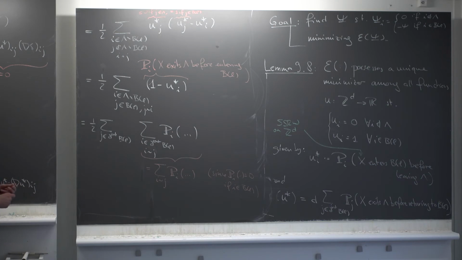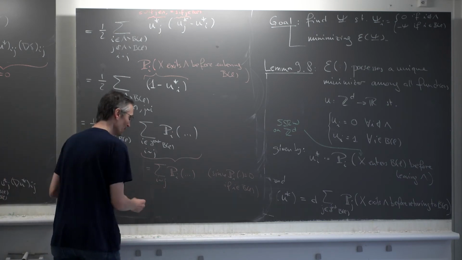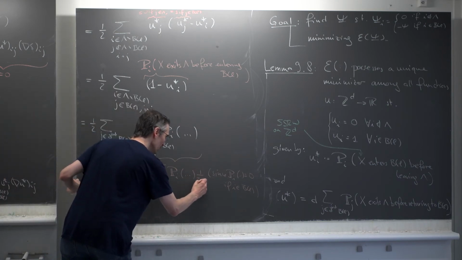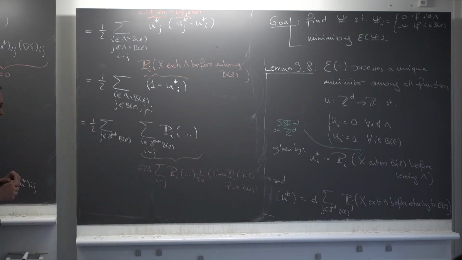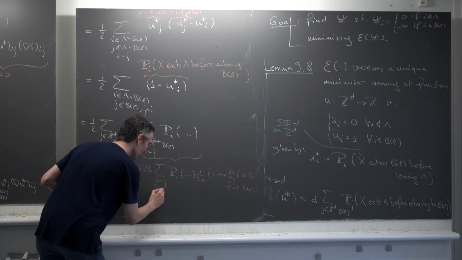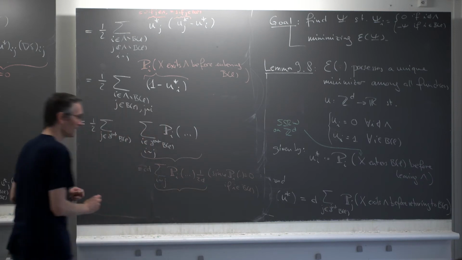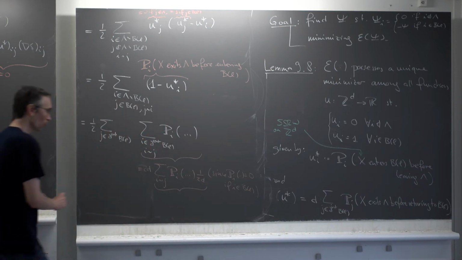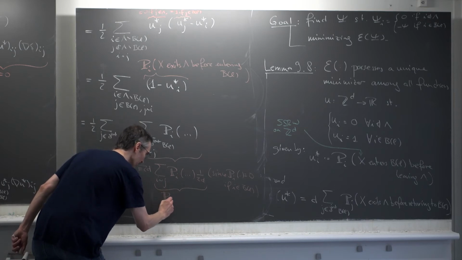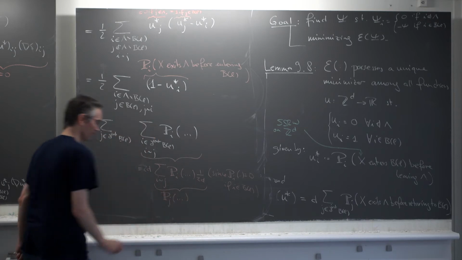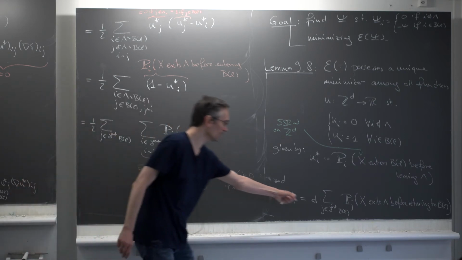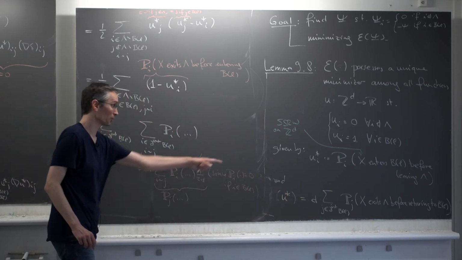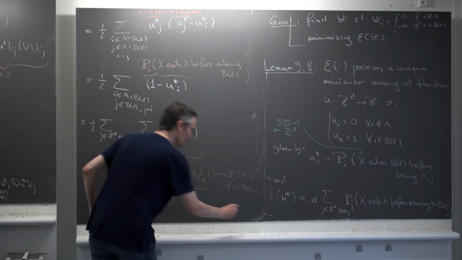Okay. So you can do that. But once you do that, you can also add 1 over 2D, and 2D don't do anything. Okay? And now I can use the Markov property for the simple random walk, and this is just P_j of the same event. Okay. And the 1 over 2D will give me the D, which is here, and this gives me the probability that is written. Okay, this concludes the proof